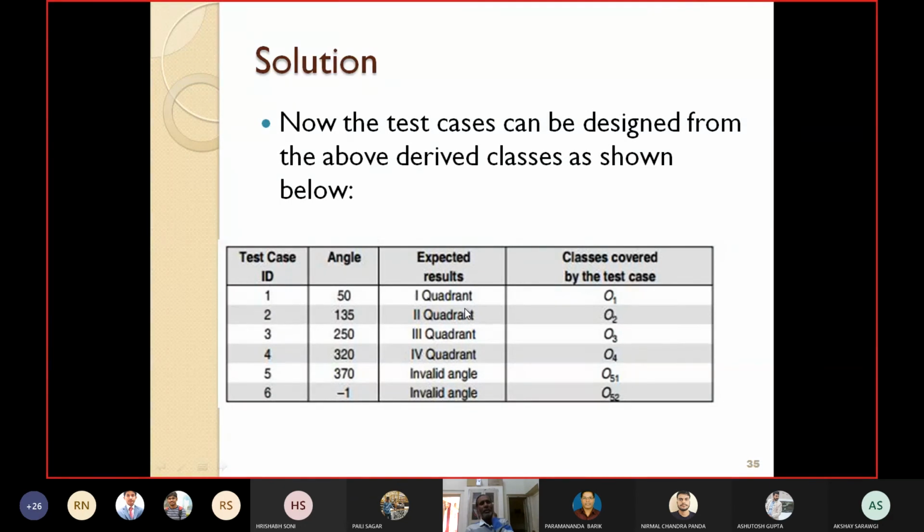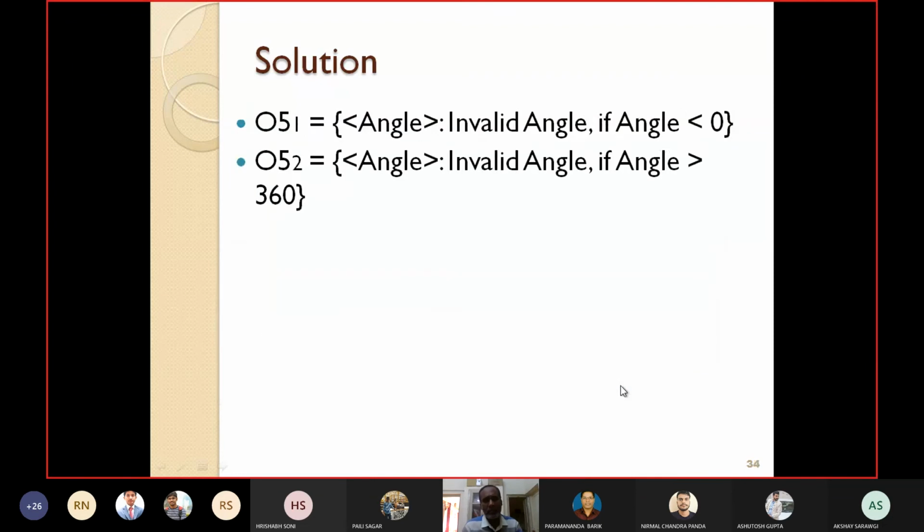Similarly, if the value is 370, of course, it is an invalid angle, and an error message should display. It covers which class? O51, because I have just shown O51 as angle less than 0 and angle greater than 360 as O52. I think this is a mistake. It should be O52, because 370 is an invalid angle, but it is written O51. So let me change it here, a simple typing mistake.